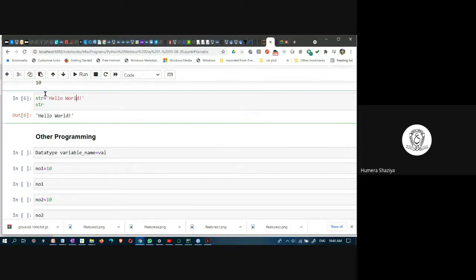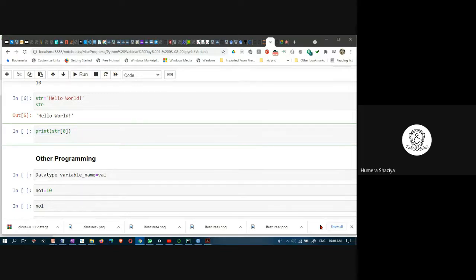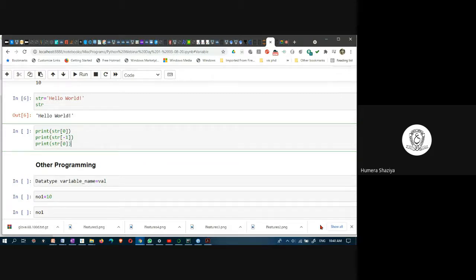Let me add one cell here. str. Let us print str of 0. Okay, and then print str of -1. Then print str of 2:5.